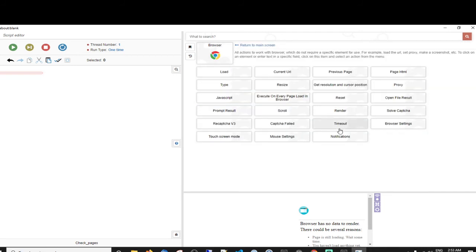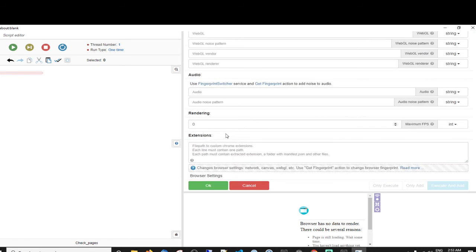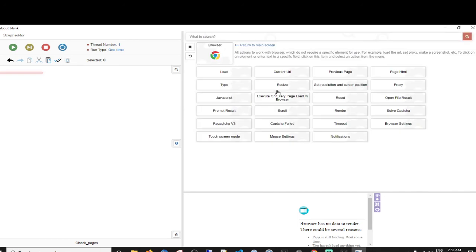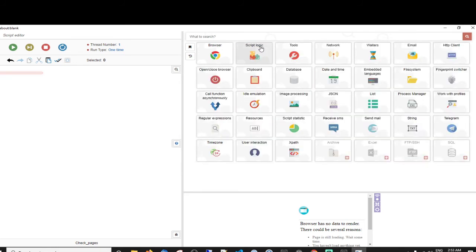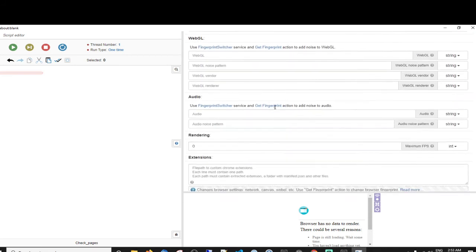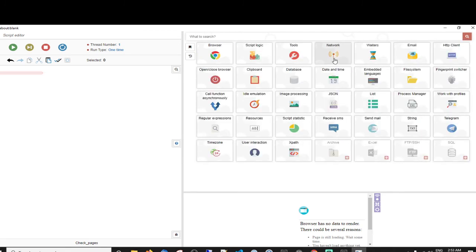If I can find it myself, there's an actual section to block ads. Oh, where is it? Oh my goodness. Somewhere there's an option to, I think it might be in the network section.